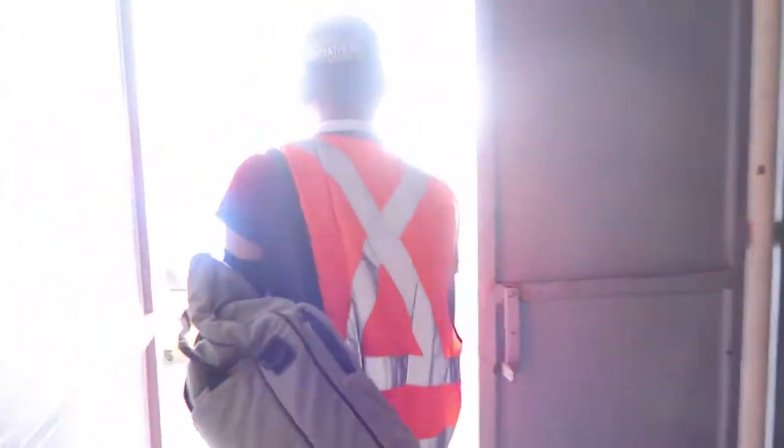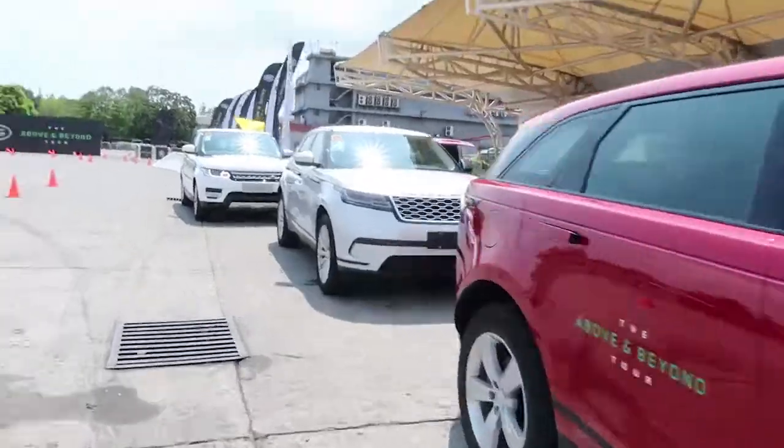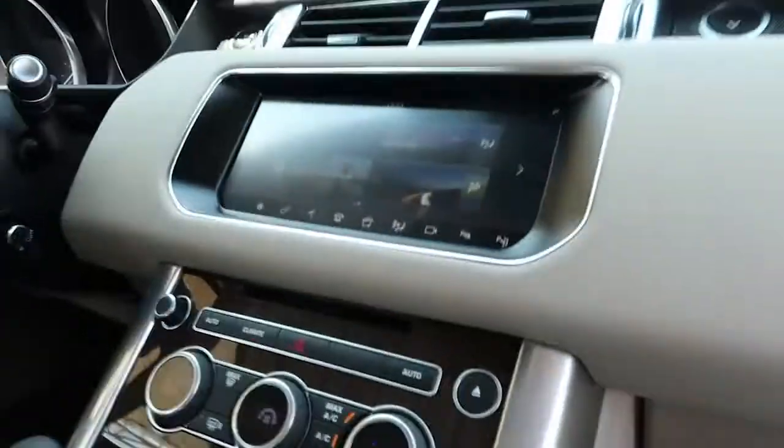Here we go, let's take these babies for a spin. Oh, nice and cool. Alright, we are in this car. We're going through the run once with the instructor. Okay, we are in a